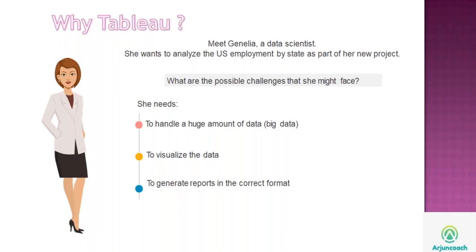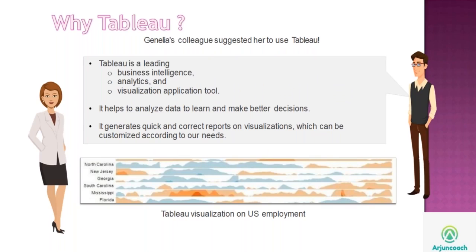Then based on that, she has to represent the visuals by using the raw data, right? So analyzing the big data and visualization of data, then generate reports in the correct format. What the client is asking from the raw data, you have to generate, not your own. So three things: handling the big data, creating the visualization, and generating the correct format. So she has to face three phases here.